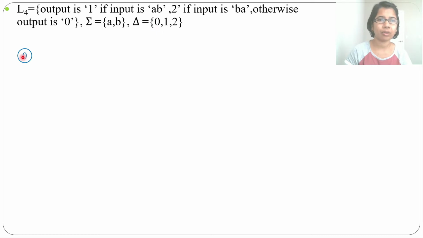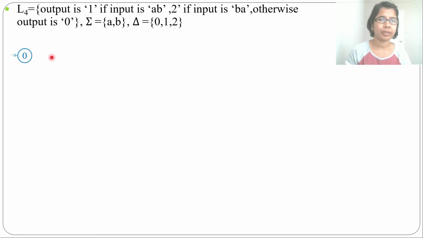State name is not necessary, it is not that important. You can also leave it blank, you can just make a circle, state name is not compulsory. So here I'm not writing the state name, I'm just writing the output. You can write the state name combined with output, or you can simply write the output. State name is not compulsory. In DFA also state name is not compulsory, you can just make a circle for one state.